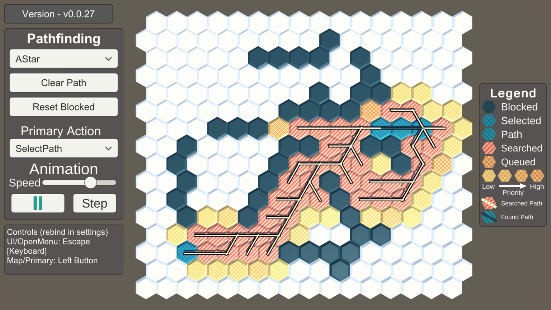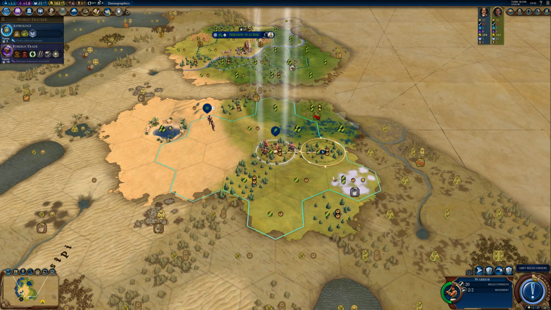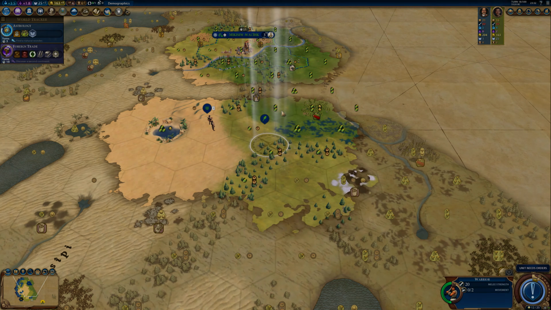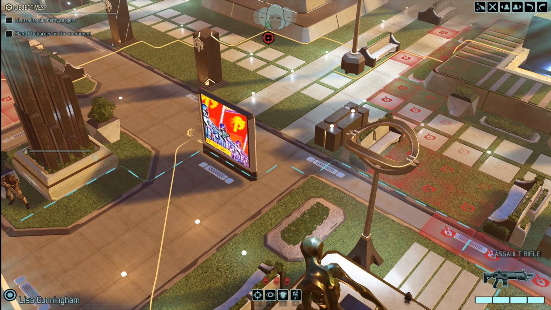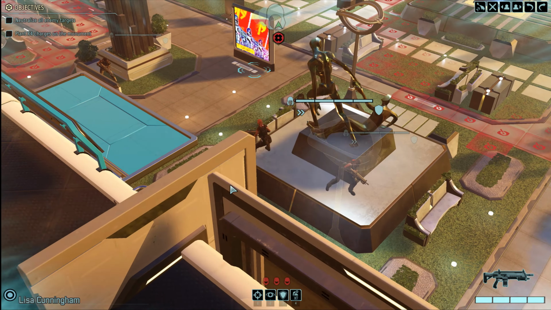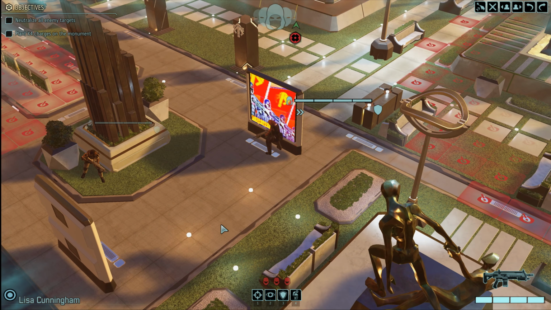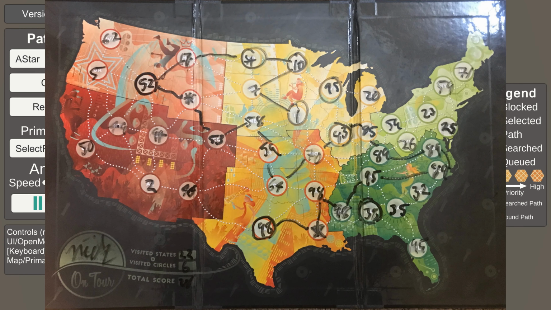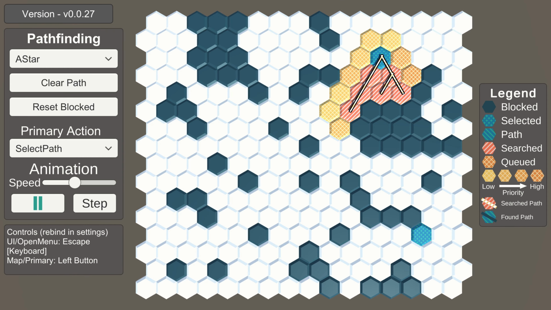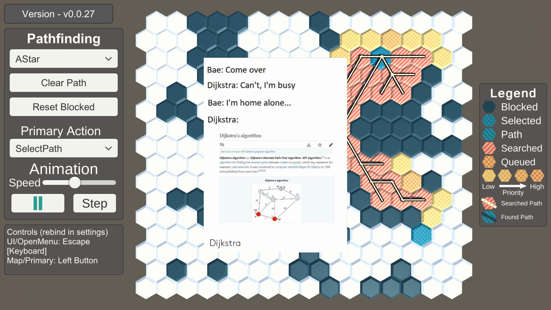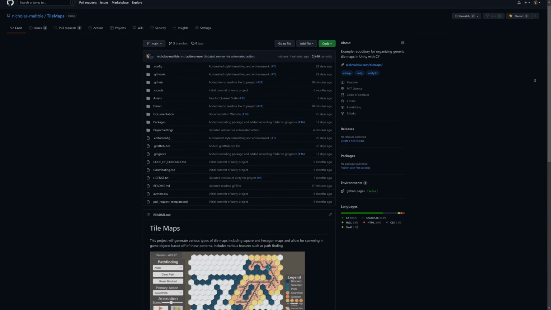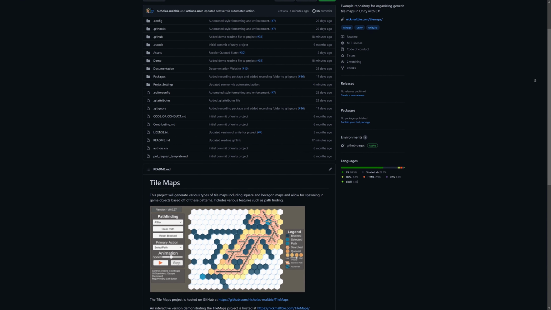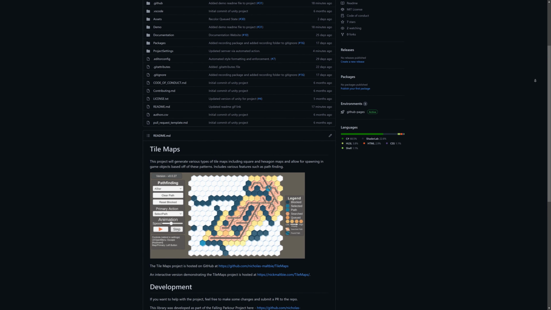This example is a simplified version of what is used to run games like Civilization or XCOM. Pathfinding algorithms apply in many situations, which includes topics such as board games like Power Grid or On Tour. I'll be keeping today's lesson to just pathfinding, but these algorithms and data structures can be extended to more general problems. The code for the example and visuals in this project is all open source at the link in the description with a demo you can check out as well.